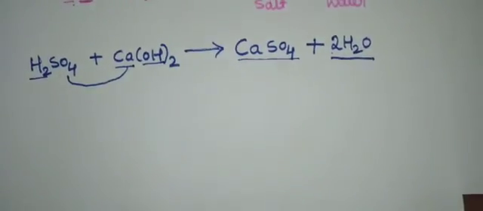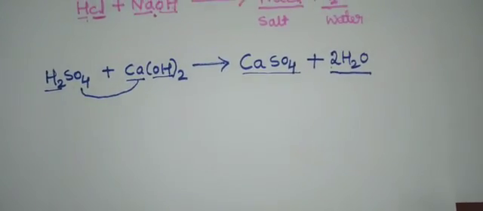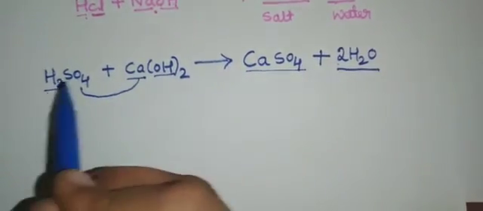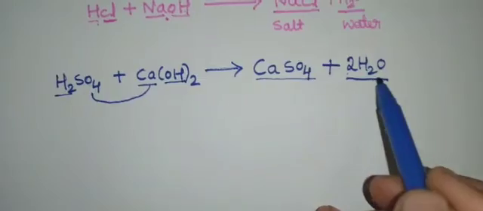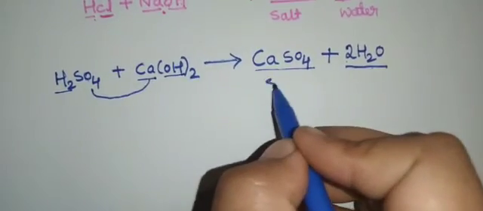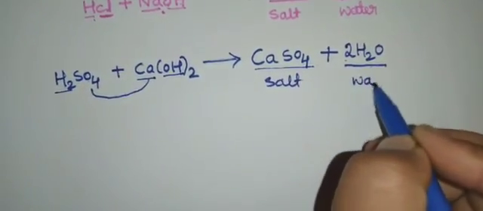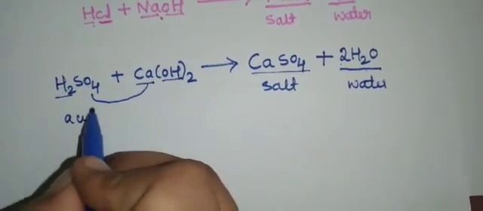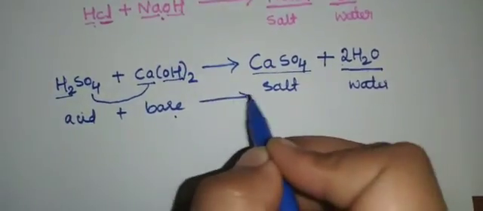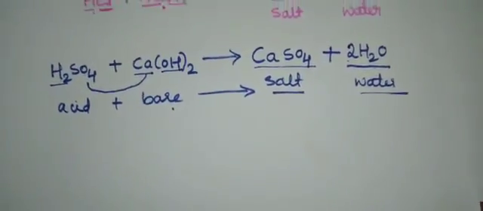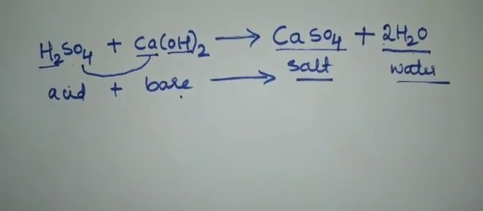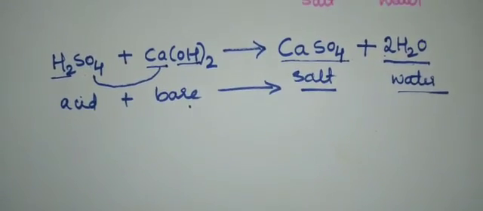I think now it is not necessary for you; you are going to study it in 8th standard. So calcium reacts with the sulfate to give calcium sulfate, and the remaining hydrogen and oxygen form water. This is the neutralization reaction. So we get a salt and water. When acid reacts with a base, we get salt and water. This is the general equation for what happens when acids react with bases. I hope all of you have understood. Thank you.